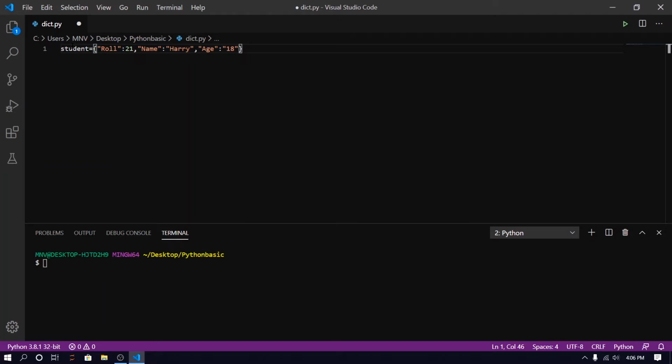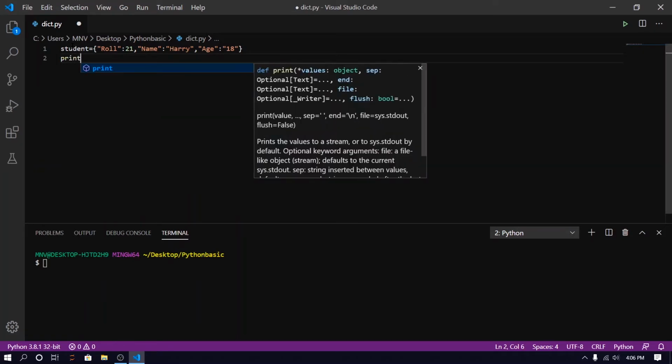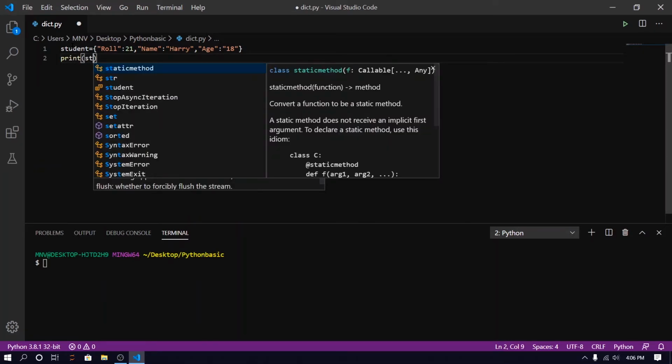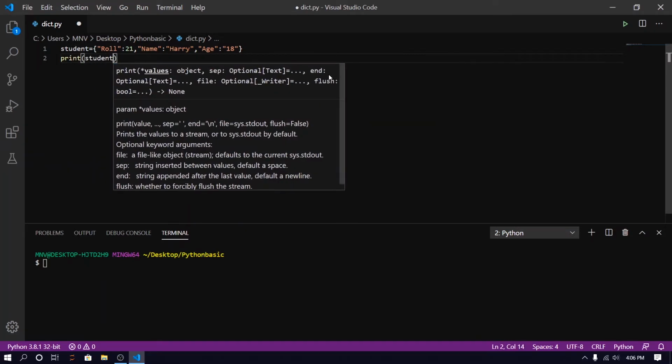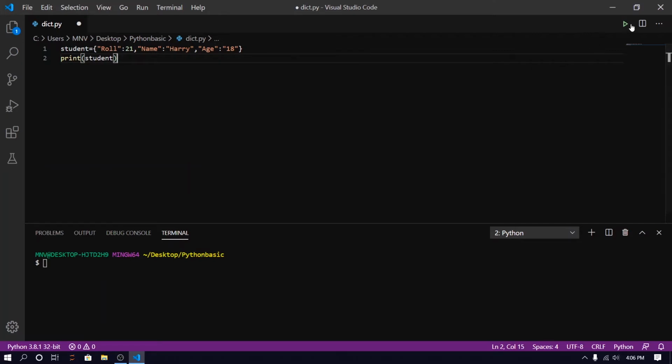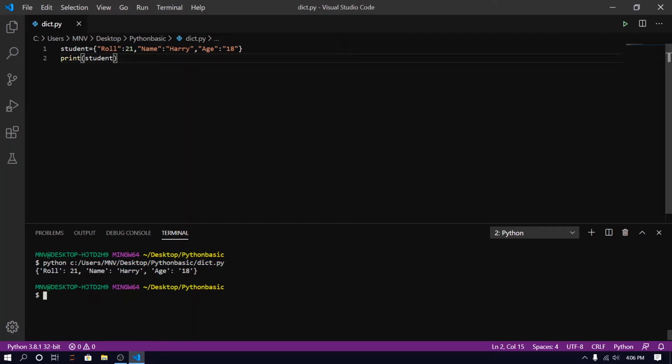Now I am going to print our dictionary. Okay, it is working perfectly. Now how can we get elements of our dictionary? For example, I want to get the roll number of the student, so how can I get that?